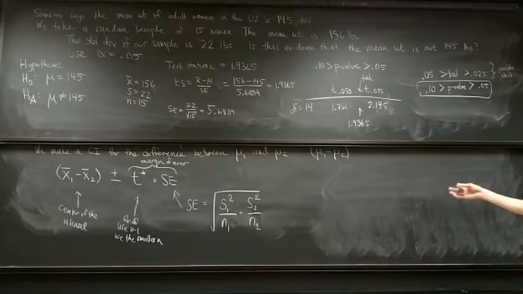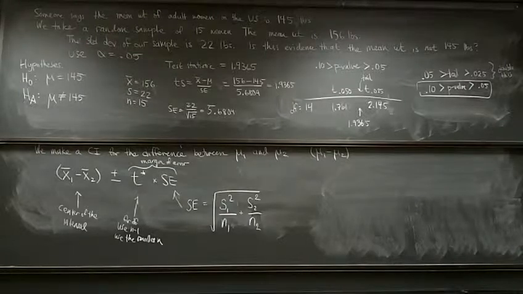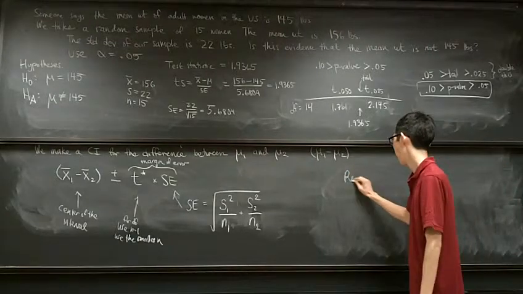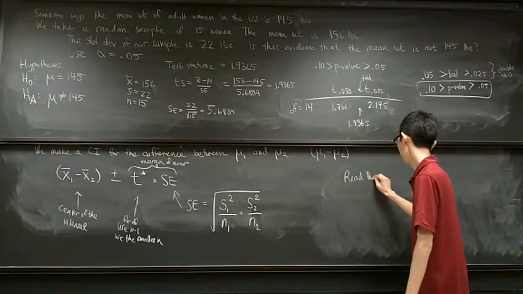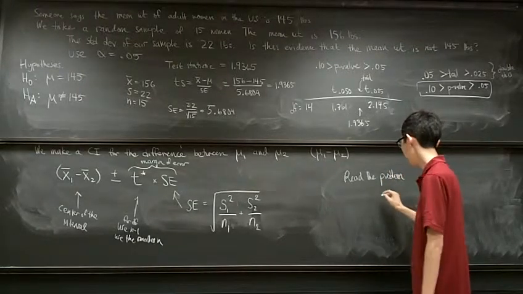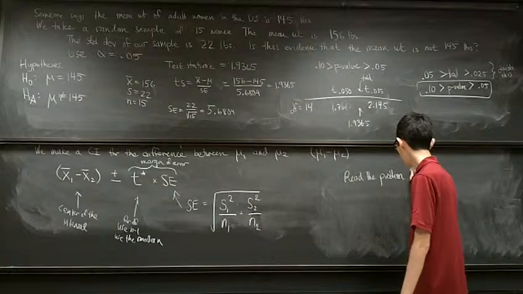So it's just a matter of reading the problem, identifying x bar 1, x bar 2, s1, s2, n1, n2, and then plugging them all in. Okay? So read the problem. And then figure out, identify